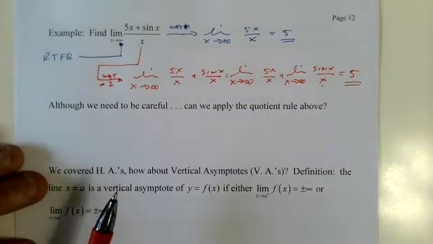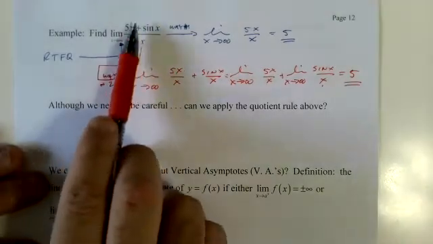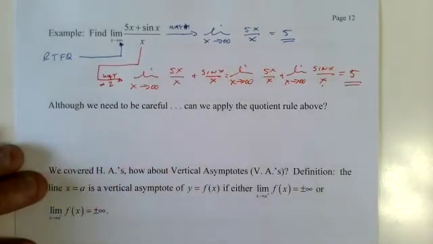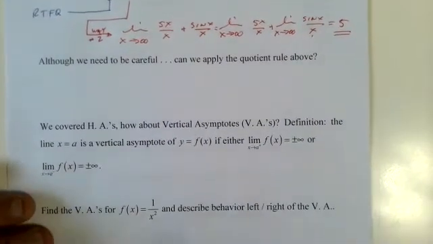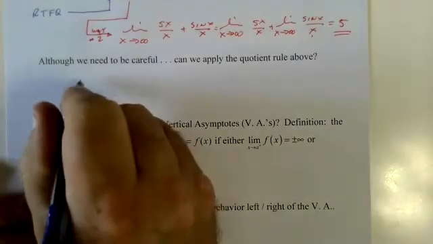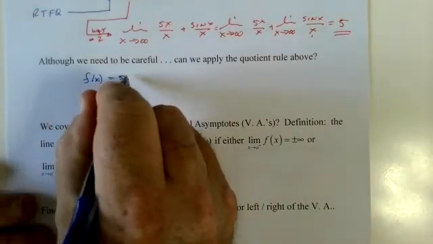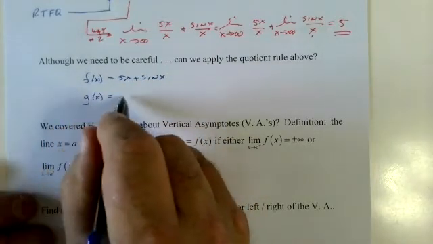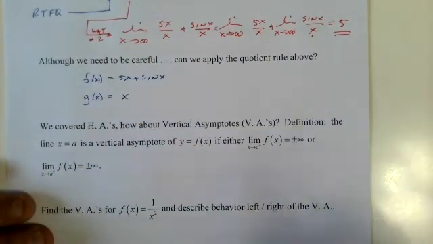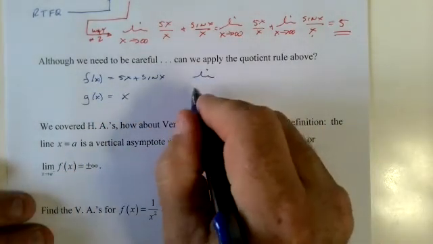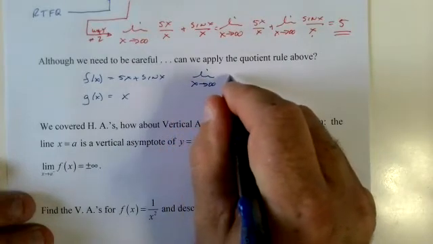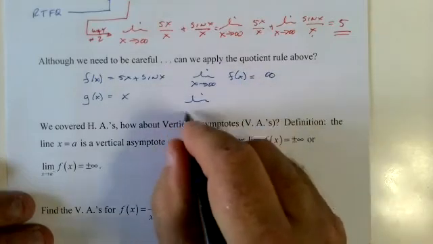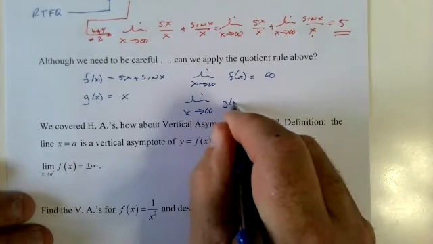So be careful. Now notice, we might say, oh, I'll just apply the quotient rule. What's one go to? Infinity and 5? No, that doesn't work in this case. So just be careful. If we said that the top function was 5x plus sine x, and the bottom function was x, and then we said the limit as x approaches infinity of f of x is infinity, and the limit as x approaches infinity of g of x is infinity,